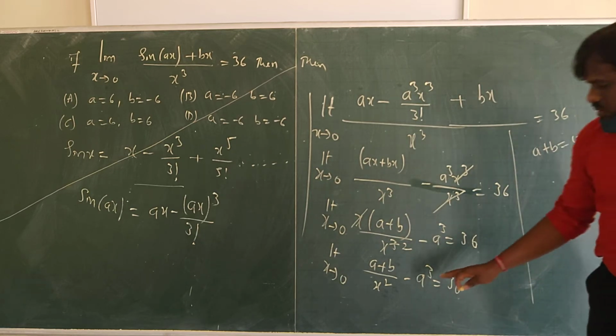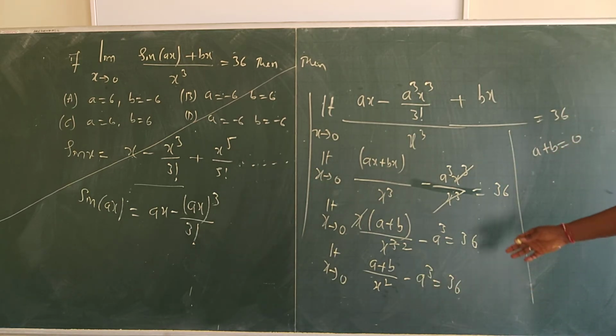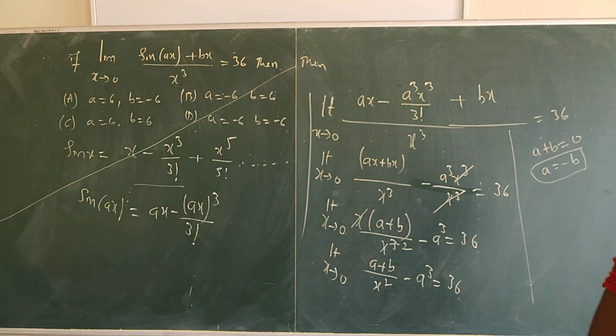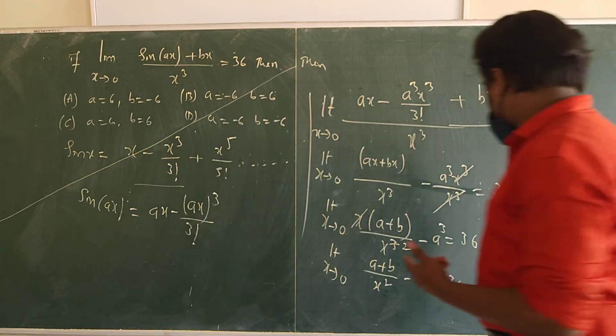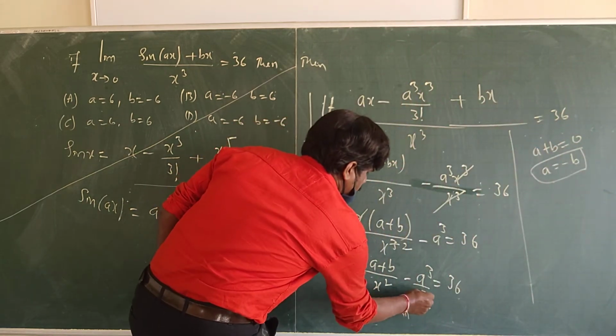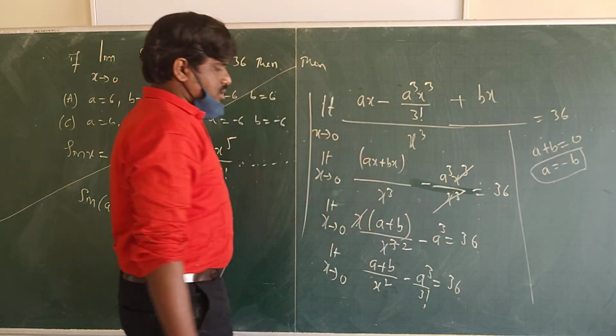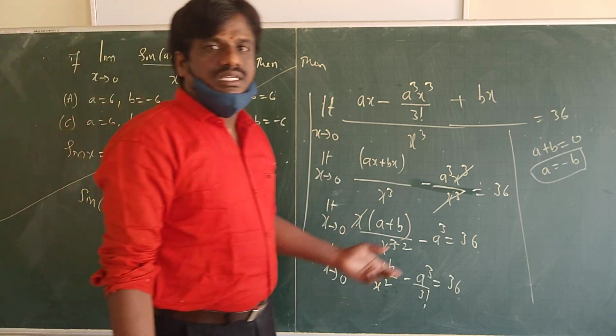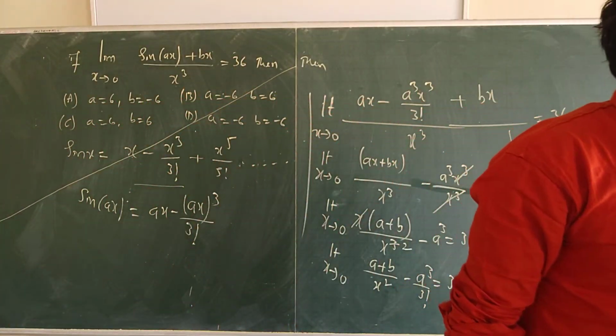So if I substitute, what do I get here? A cube now. From this you can take it. And a is equal to minus b I got. And just now you said, a is equal to how much you got? By 3 factorial, right? So a cube value you will get there. A cube is equal to what? 36 into 3 factorial. So you will get a cube value.